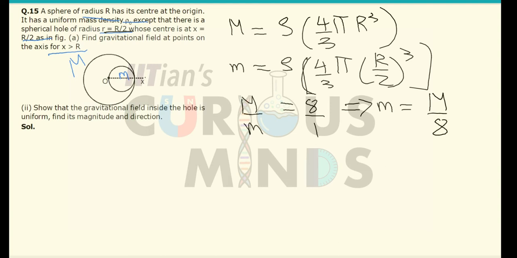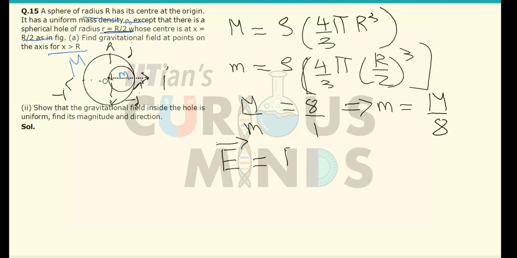So if I take an arbitrary point x outside the sphere, x being greater than r, the gravitational field there, let me write this as E, will be due to the two masses. Now this is taken as the origin. Let me define the directions first: this is i cap, this is minus i cap, this is j cap, this is minus j cap. The j cap and minus j cap will not be taken into consideration, because gravity only shifts the center of mass along the x direction, due to its orientation.